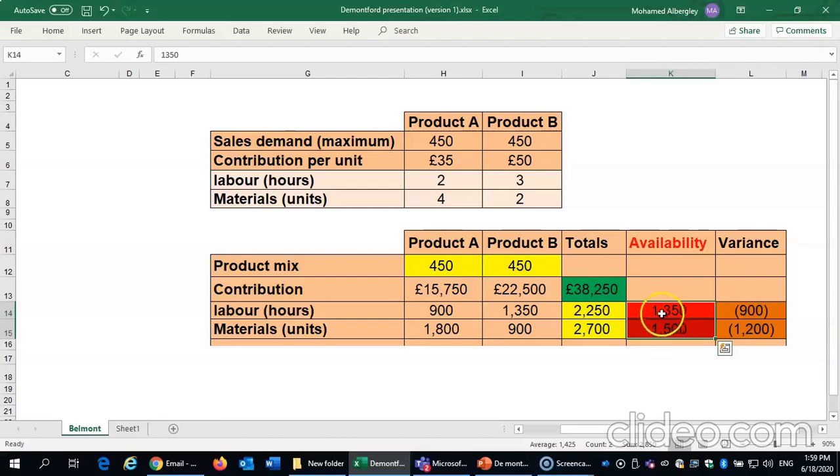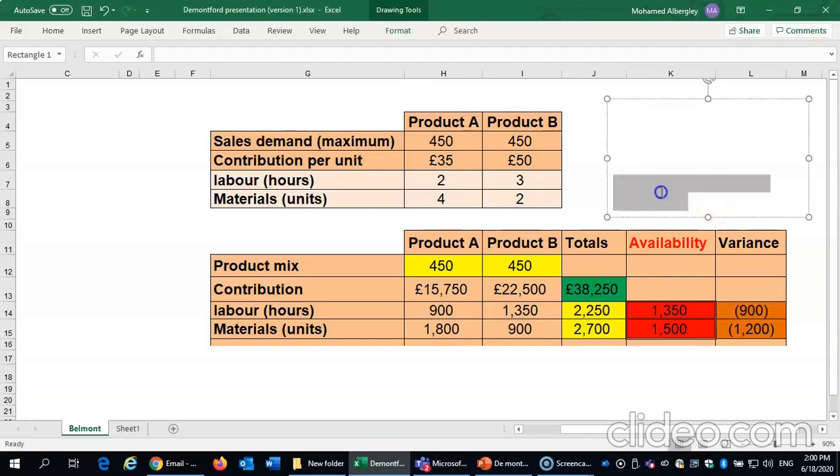Because what we have will prevent us or will limit our ability to produce the targeted product mix,